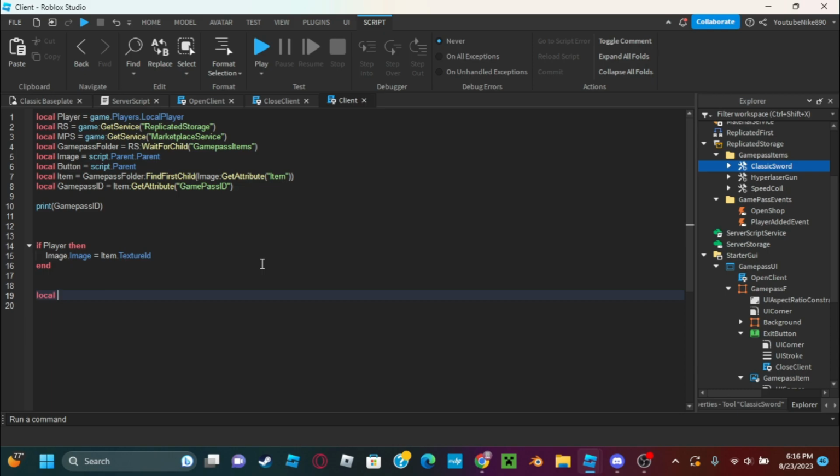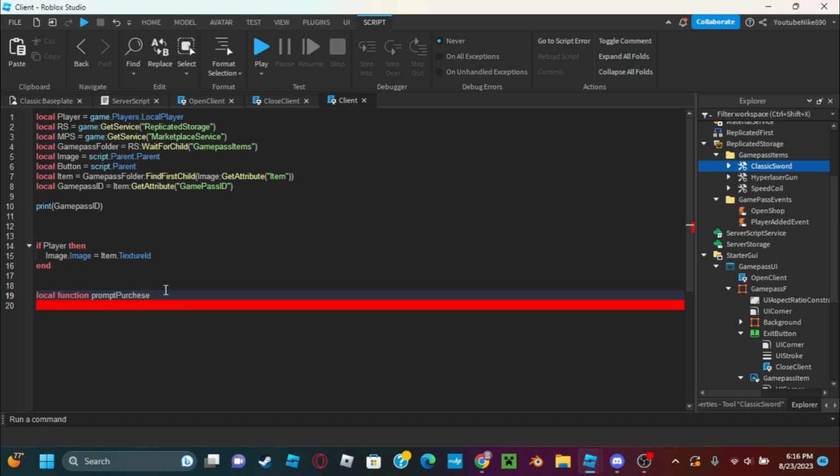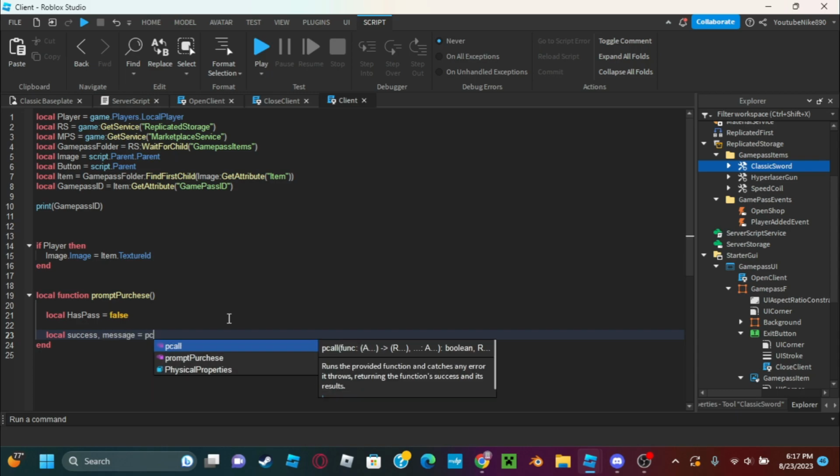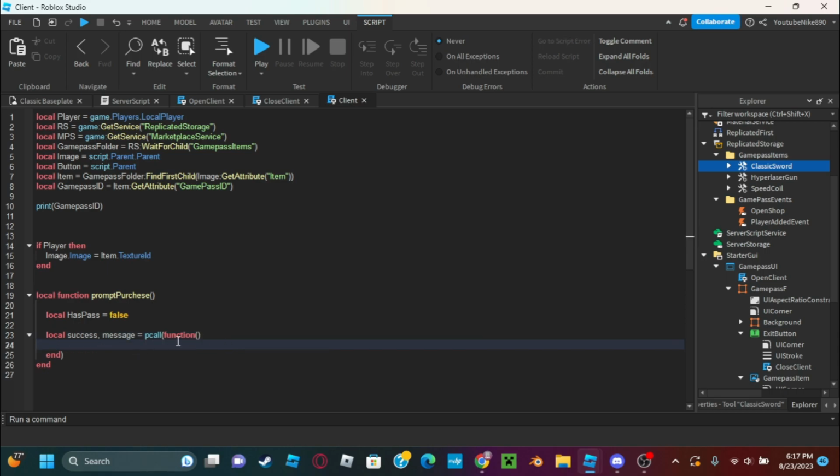Now we're just going to make a local function. We're going to make local function promptPurchase. Local hasPass equals false and local access. So now we are going to check this. Let me just do it real quick so I can show you what it is. Message equals pcall function, and so we're going to make hasPass equal to